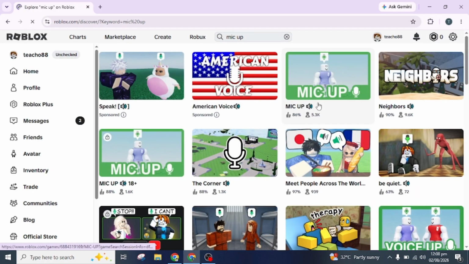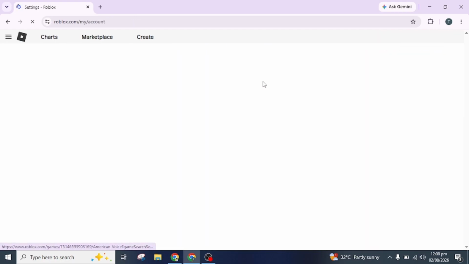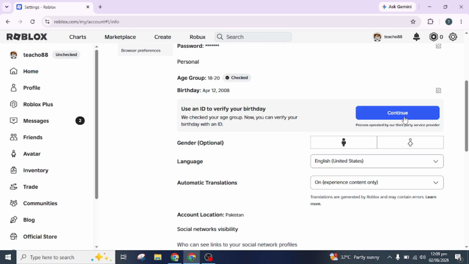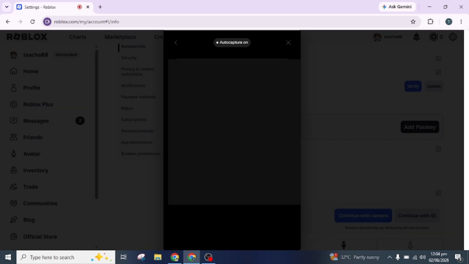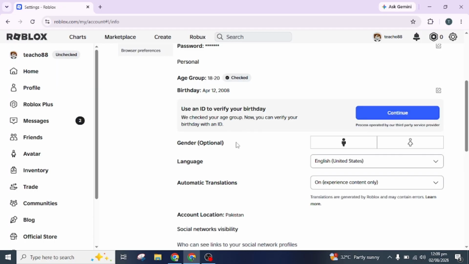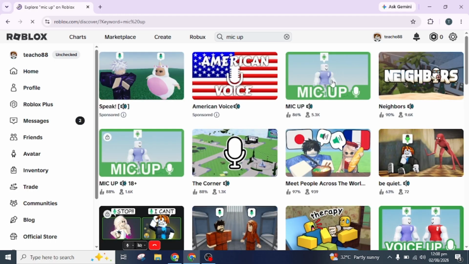If your microphone still doesn't appear, leave the game, go back to Settings, open Account Info, and select the Continue button option if it's available. Follow the on-screen instructions to complete the face scan. If Roblox estimates that you're old enough for voice chat based on its current eligibility requirements, go back into a